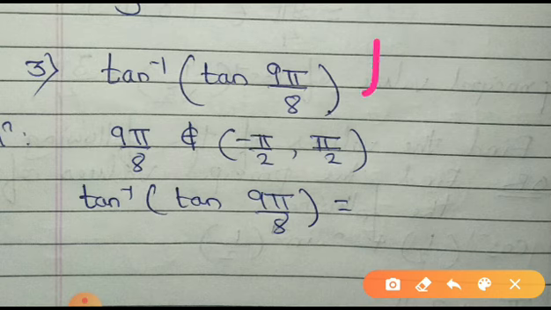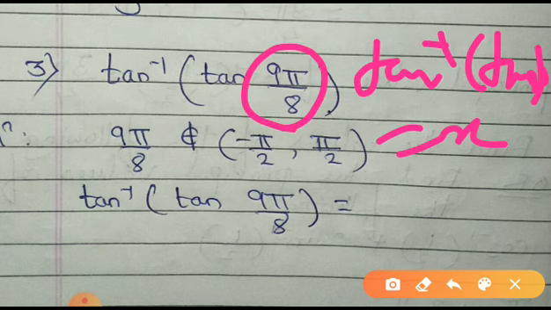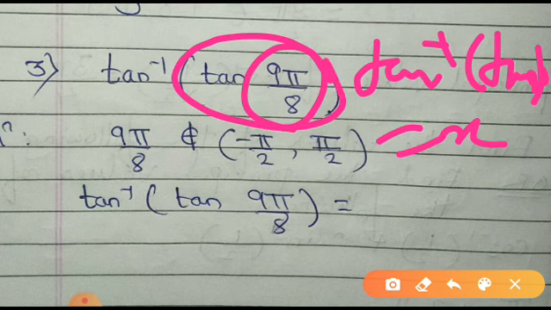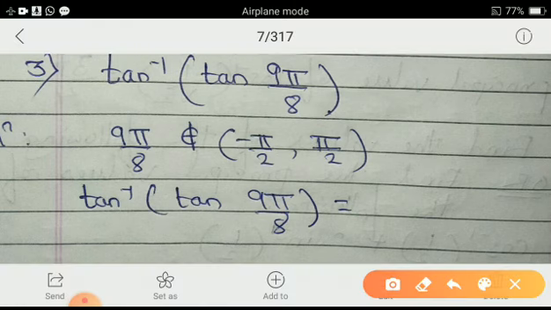Next is tan inverse of tan 9 pi by 8. Now since we had tan inverse of tan x equal to x, don't write directly this answer as 9 pi by 8. Okay, since tan inverse of this is the value of your x, right? So you have to check whether this angle 9 pi by 8 is the element of the range set of tan inverse or not. Okay, so does 9 pi by 8 belong to the open interval minus pi by 2 to pi by 2? No. So I have to modify this